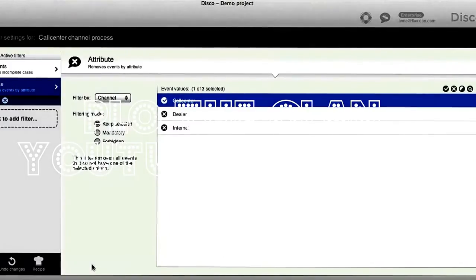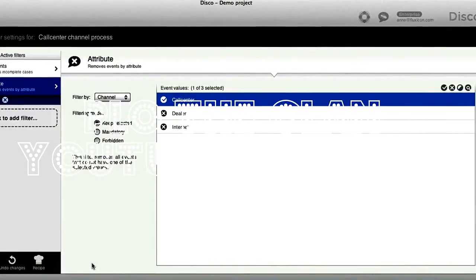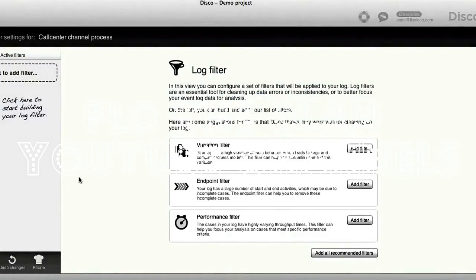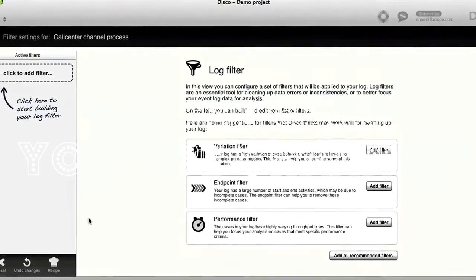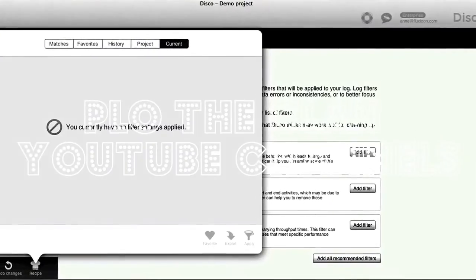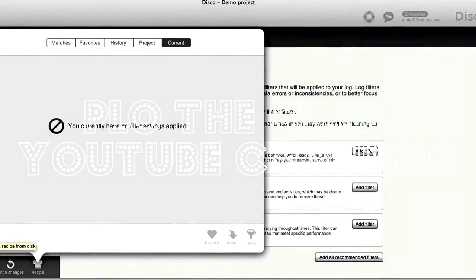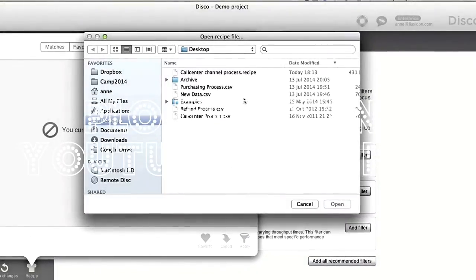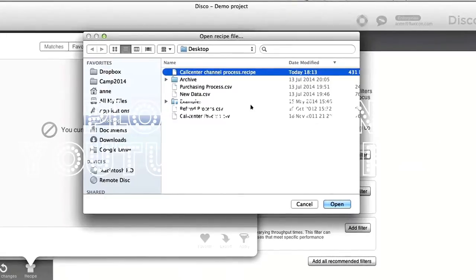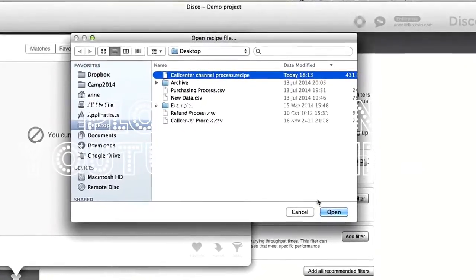Now, let's assume that we are now my colleague who's receiving that particular recipe file. So we have not applied those filters yet. Let me clear the filter stack here. We have the raw data that we just imported, and we would like to get to the same result. So once they have received our recipe file, they can go to the recipes here, and they can press this load button, in which they can locate the file after downloading it from the email,